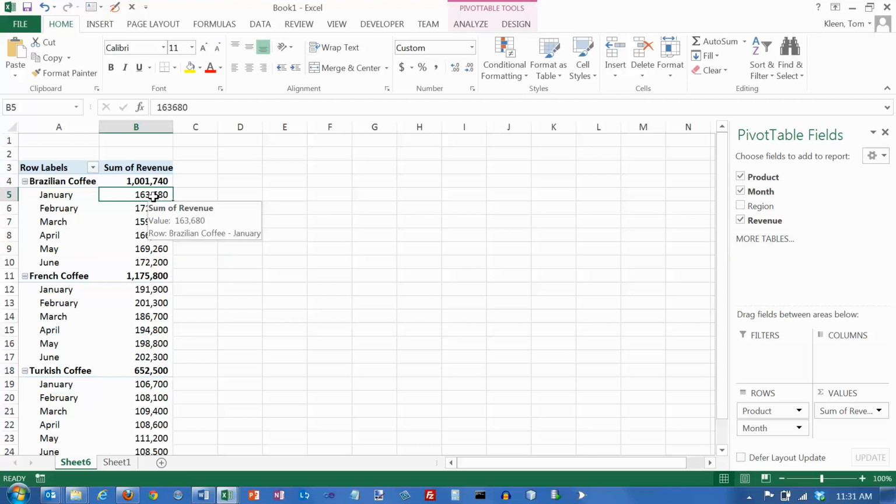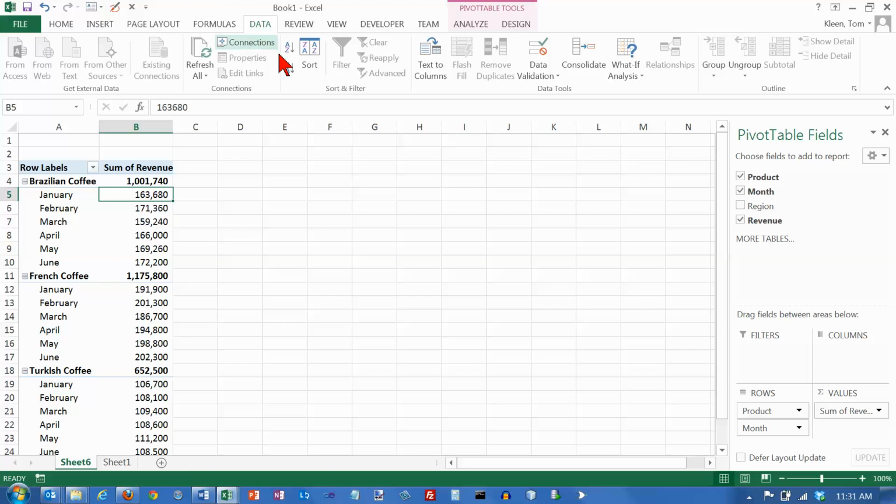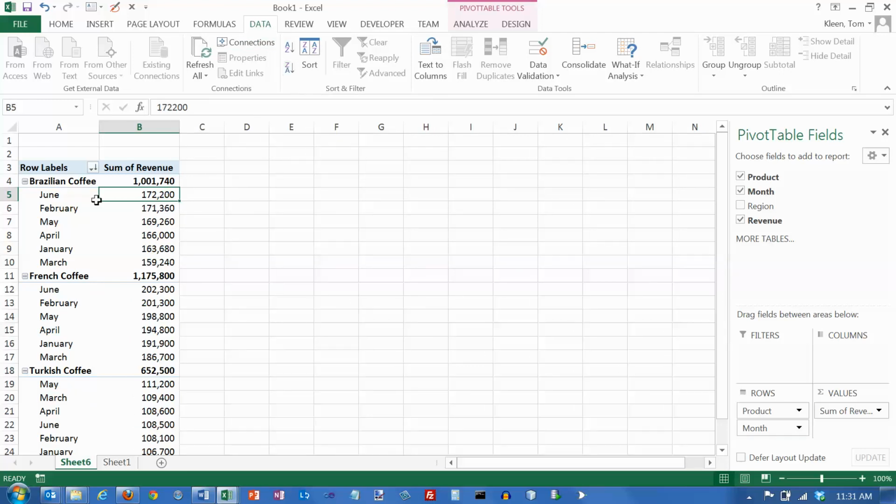Actually, what you might want to do before you do this is a little bit of sorting. And so we do have the months in order. Let's do a largest to smallest. And now I've got the best month at the top and the worst month at the bottom for each one of my products. So now I've got it sorted. All I want to see is the first three. Well, the first three are going to be here on the top of each one,